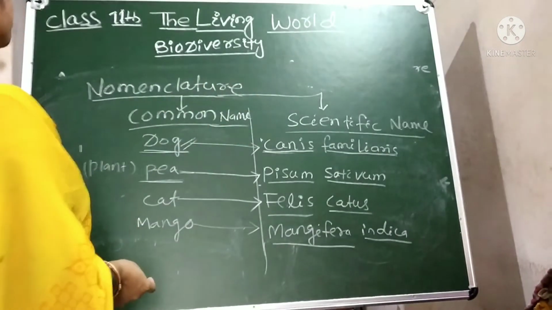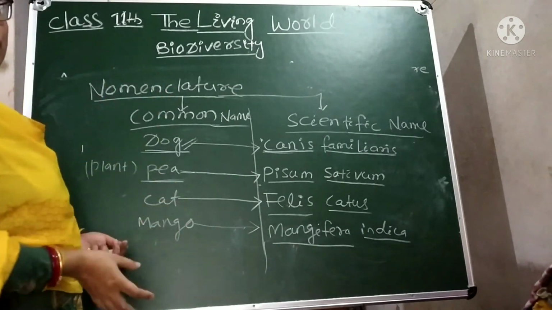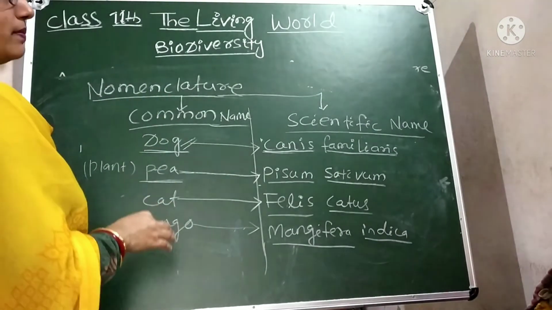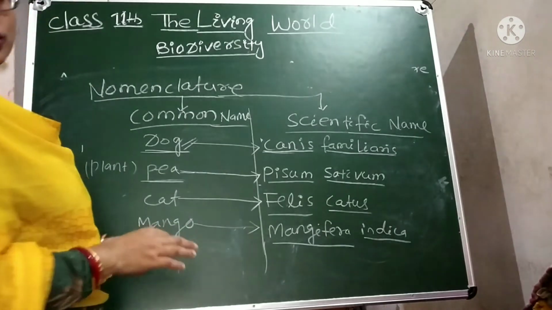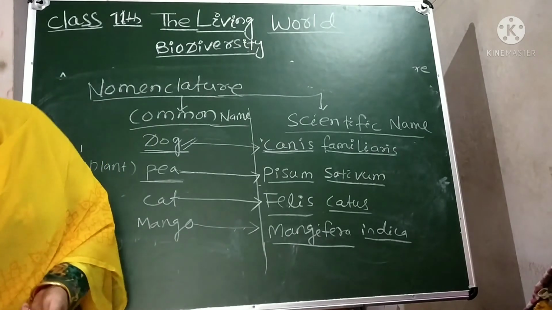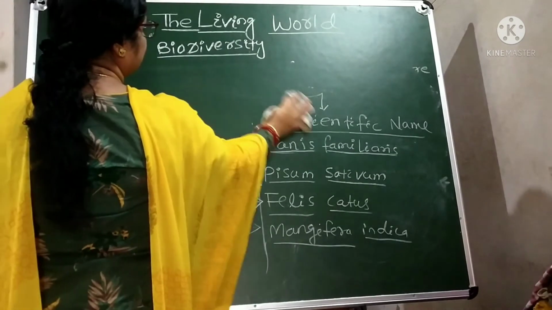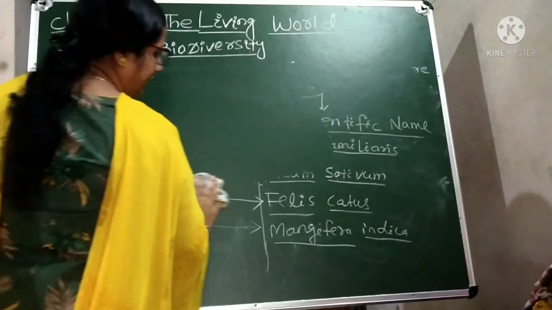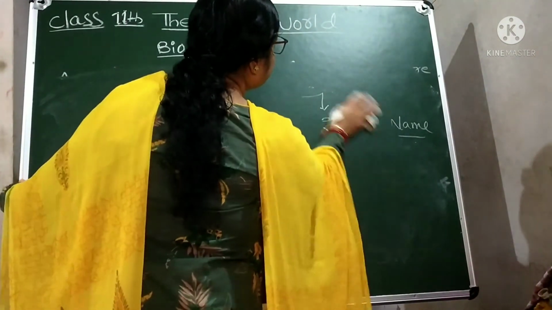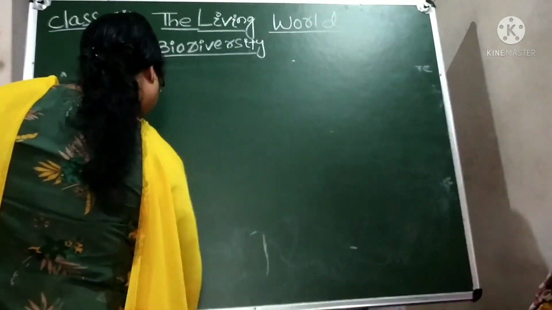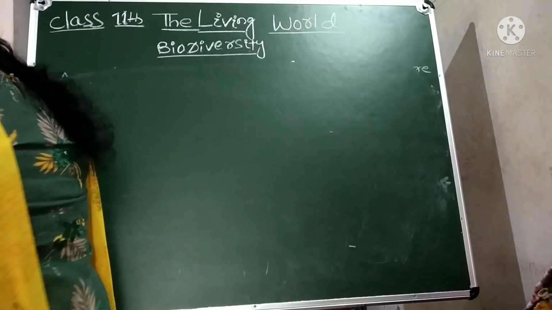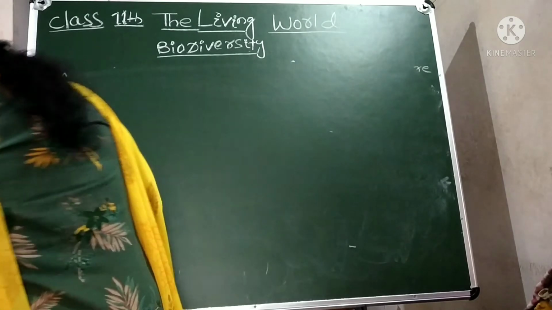So these are about the systematics given by Linnaeus. Linnaeus said that systematics consists of three different parts: identification, classification and nomenclature. Okay. Another scientist, Simpson,